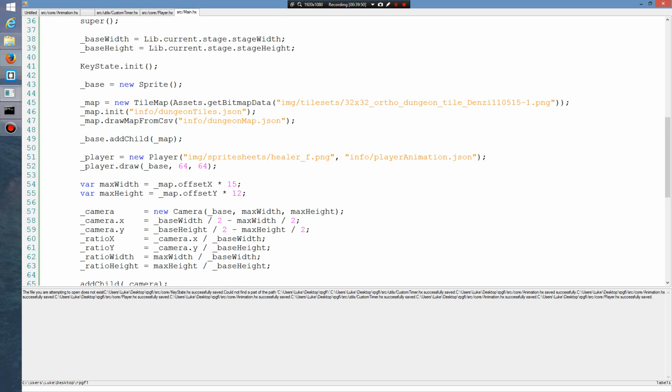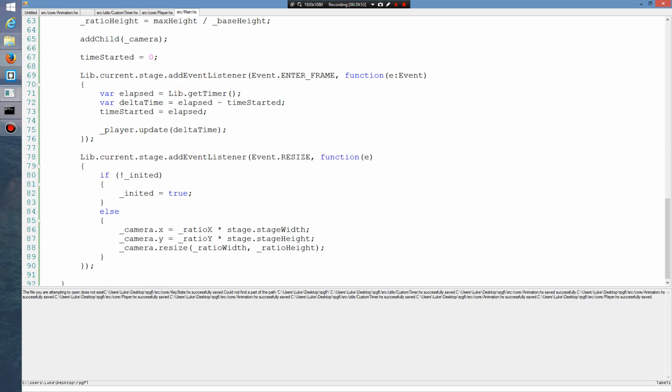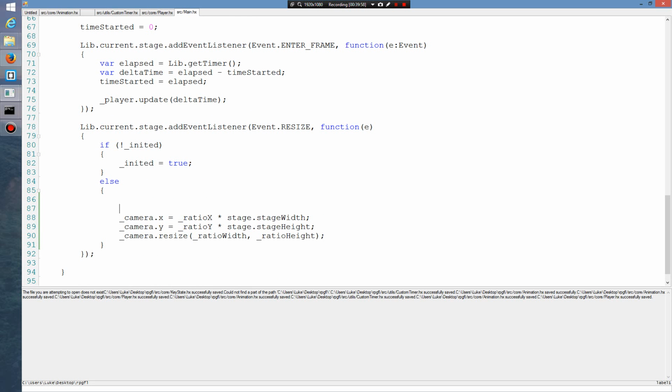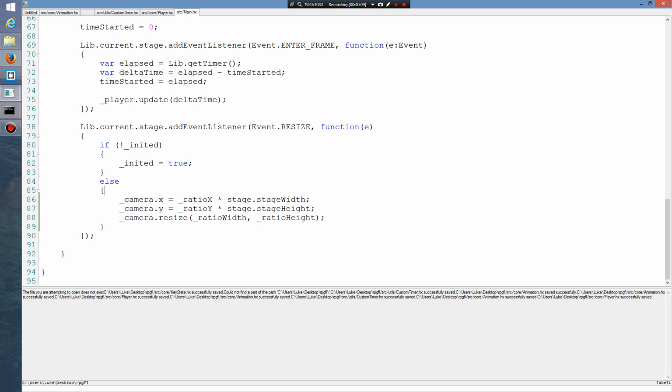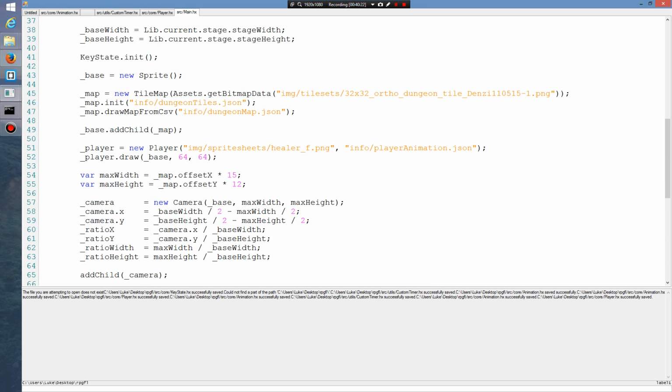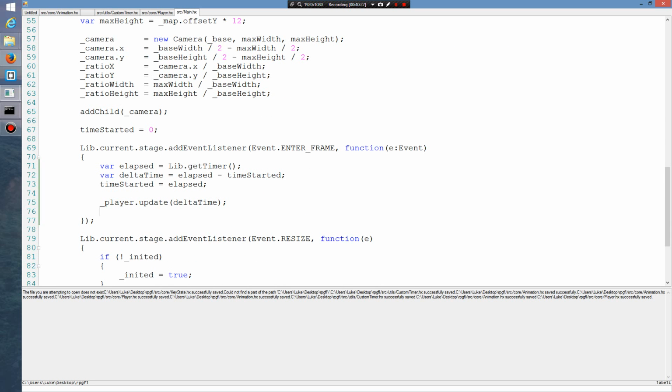base to the camera. So now when we move the camera, what am I doing? When we press WASD or whichever it is, then we want to actually move the base, not the base value, the map value, if that makes sense. So